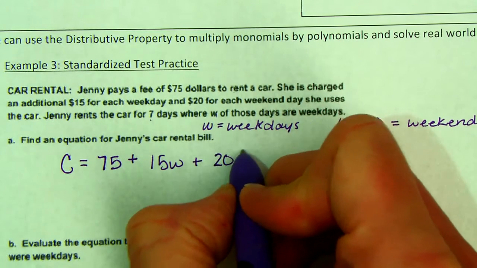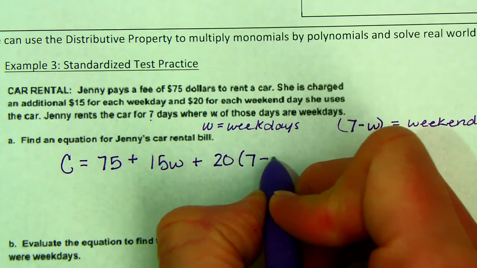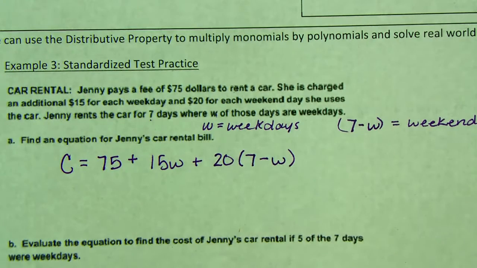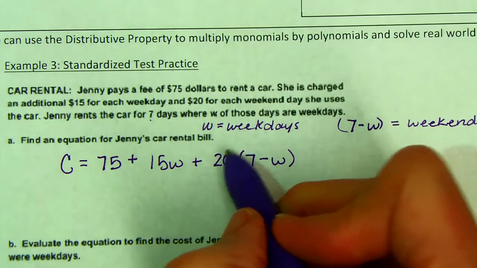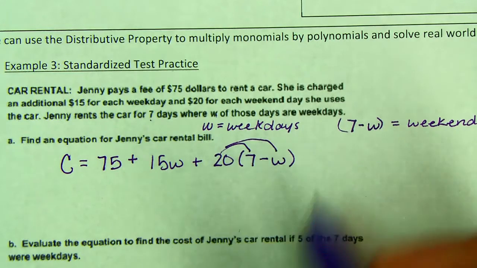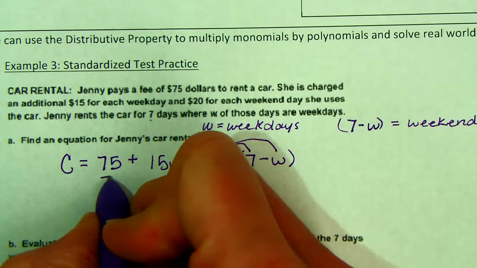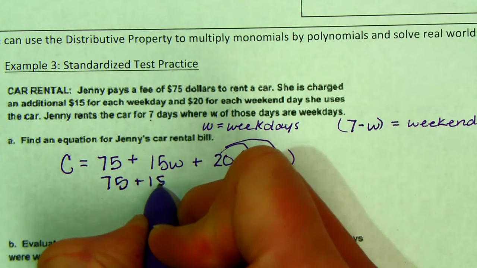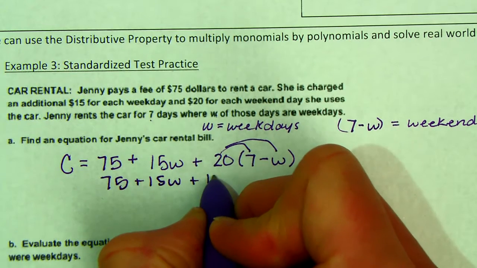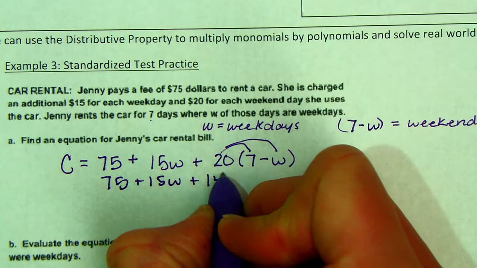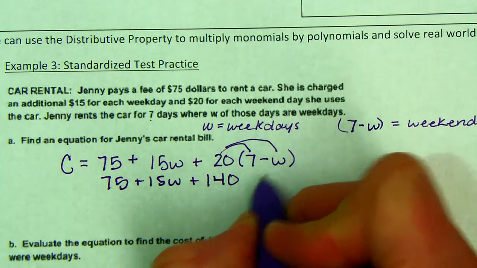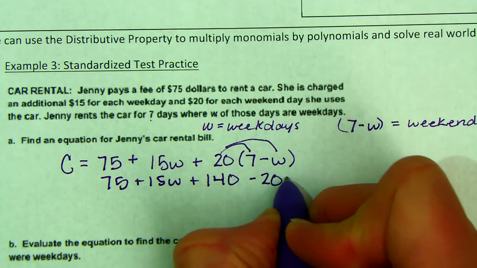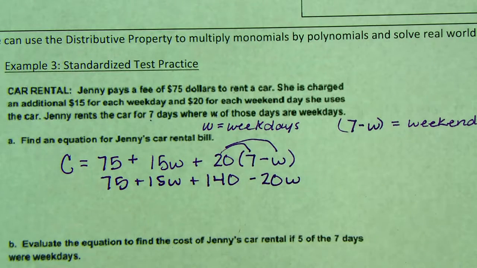So we can simplify this a little bit because we can distribute this 20. So we've got 75 plus 15W plus 140 and then minus 20W. And now we can combine like terms. So 75 plus 140